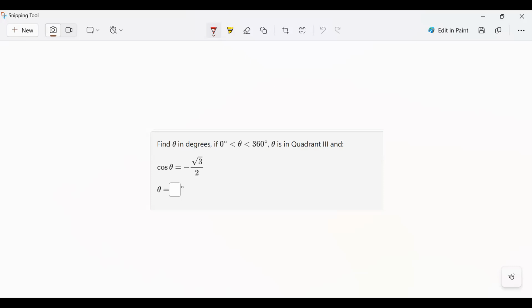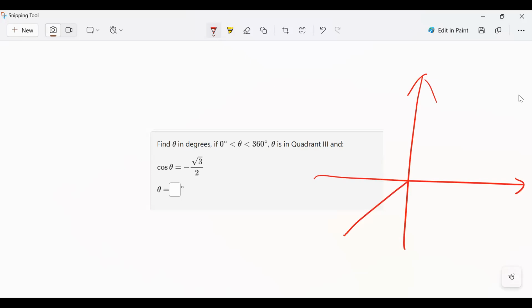All right, guys, let's go over the solution. It's in the third quadrant, so let's put it in the third quadrant first, and we're going to locate the reference angle first. Cosine theta equals minus. In the third quadrant, cosine is negative, and only tangent and cotangent are positive. So that's good. And then for cosine to be radical 3 over 2,